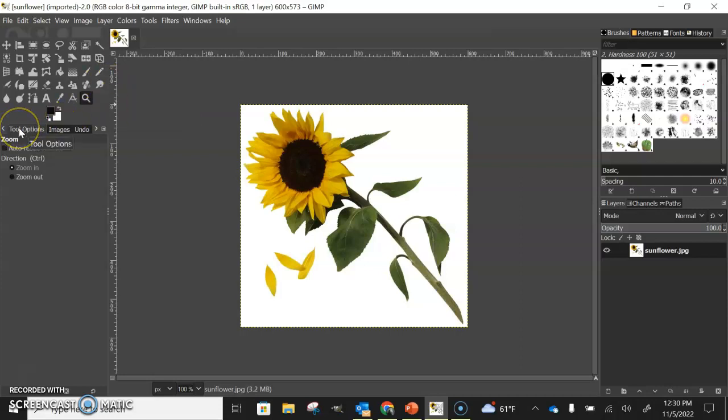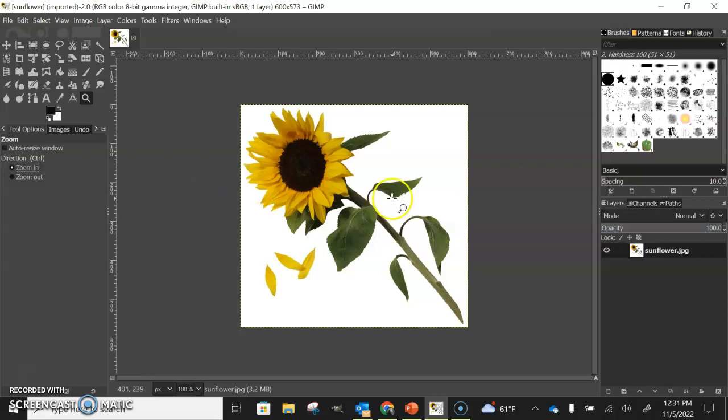And under the tool options, you notice that you have zoom, and you can auto resize the window. That's if you're trying to fill the full screen. We're not going to do that today. We're going to skip down to where it says direction. And under direction, you notice you have two options, zoom in or zoom out. Simple, right? So let's click on zoom in